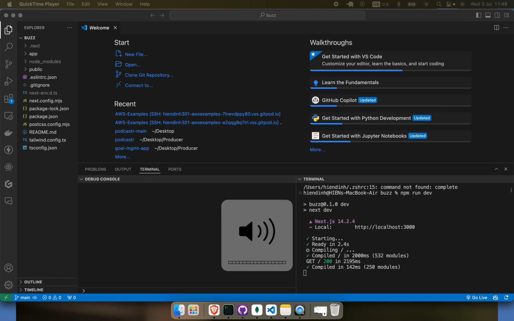index.tsx, and you can remove everything except the main function, and just remove everything inside the return method, and we're just going to create a